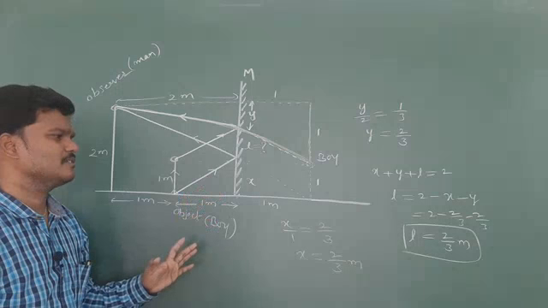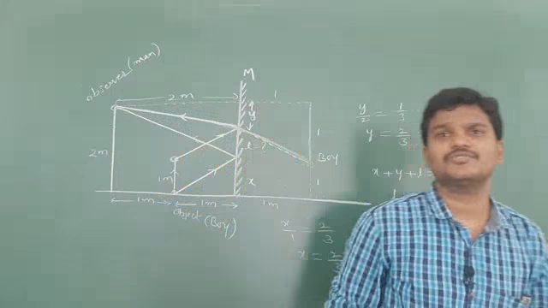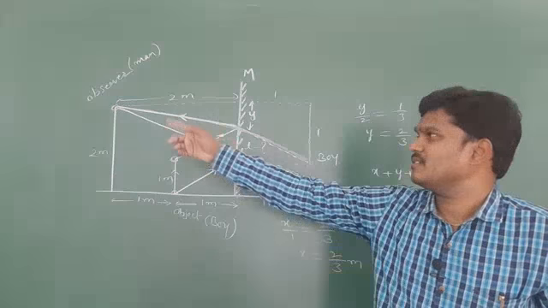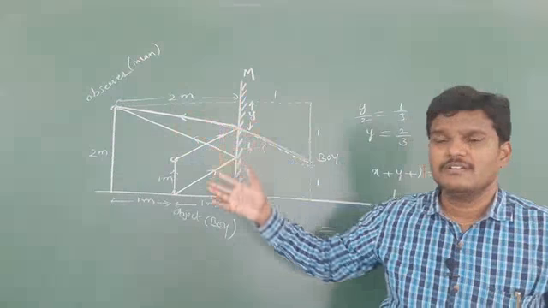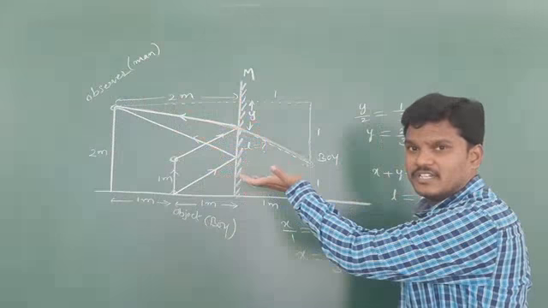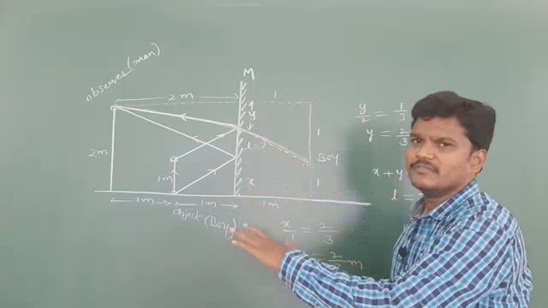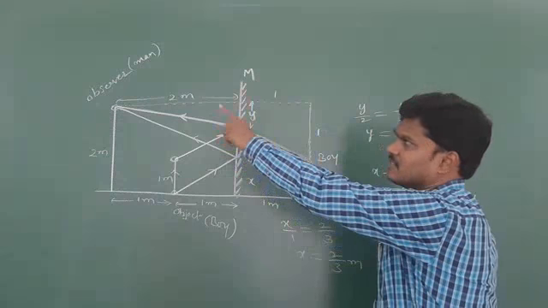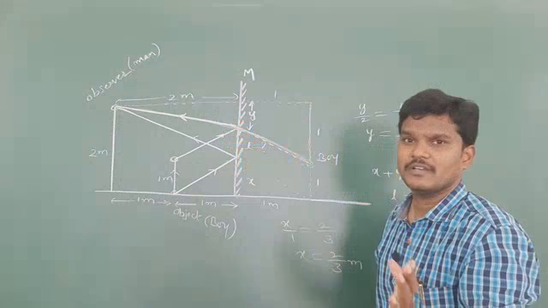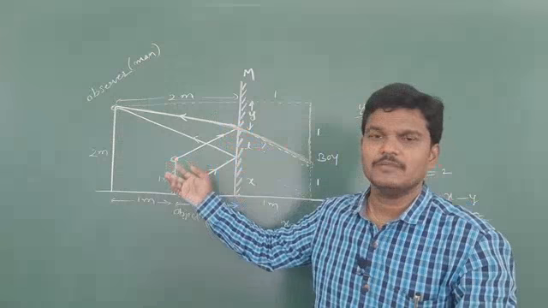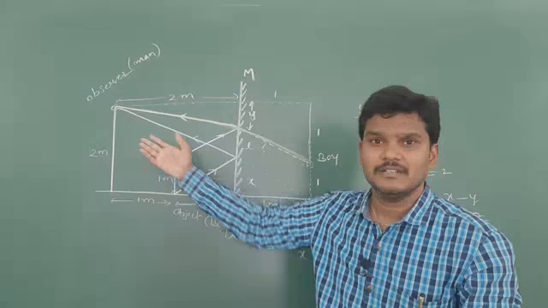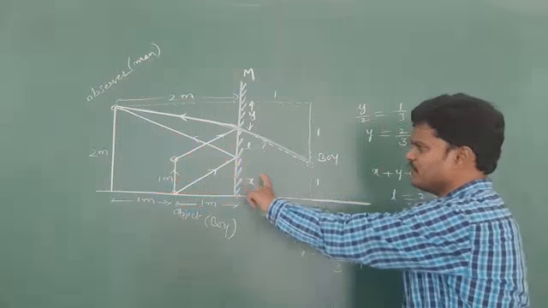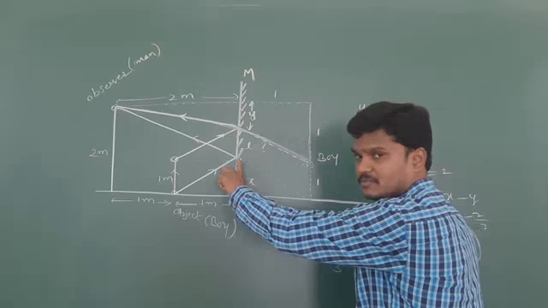So these types of questions are also available in different books. You try to solve it. Okay, the mirror is placed. Now at what height can we shift the mirror so that the man is able to see the image? We can shift it to a maximum height of 2 by 3 meter. If it is below 2 by 3, we can see the image. If it is shifted more than 2 by 3 meter height, then that man cannot see the clear image of the boy. He may see the top but not the bottom, or he may see the bottom but not the top. The clear image is possible if you place the mirror at a height of maximum 2/3.